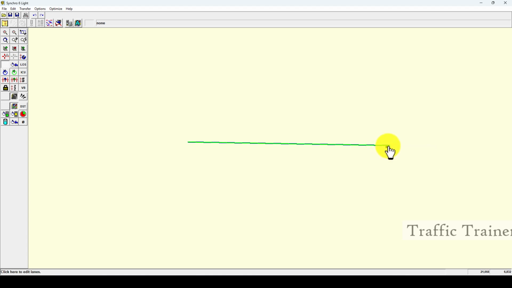You can also click on the links and then right click and move. If you are not satisfied with the position of the links, you can change the link positions. This is link number 1. I will create another one, go back,